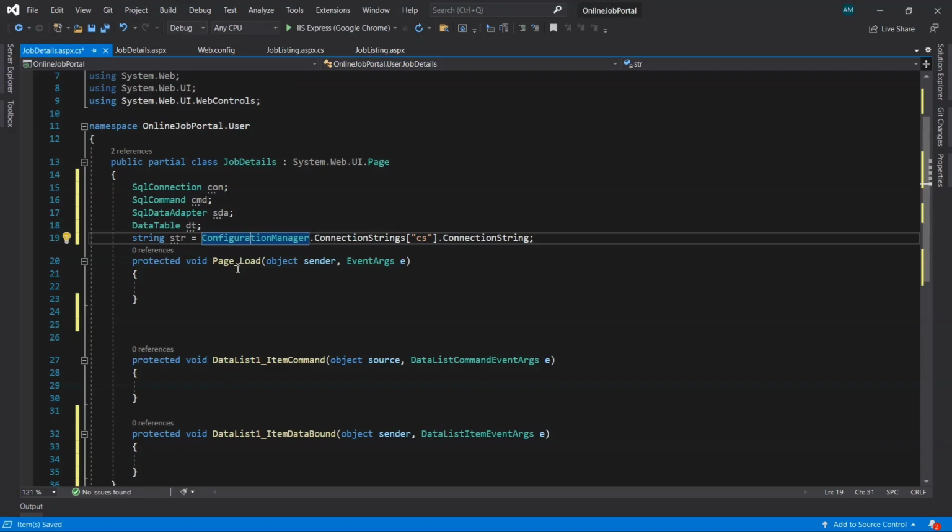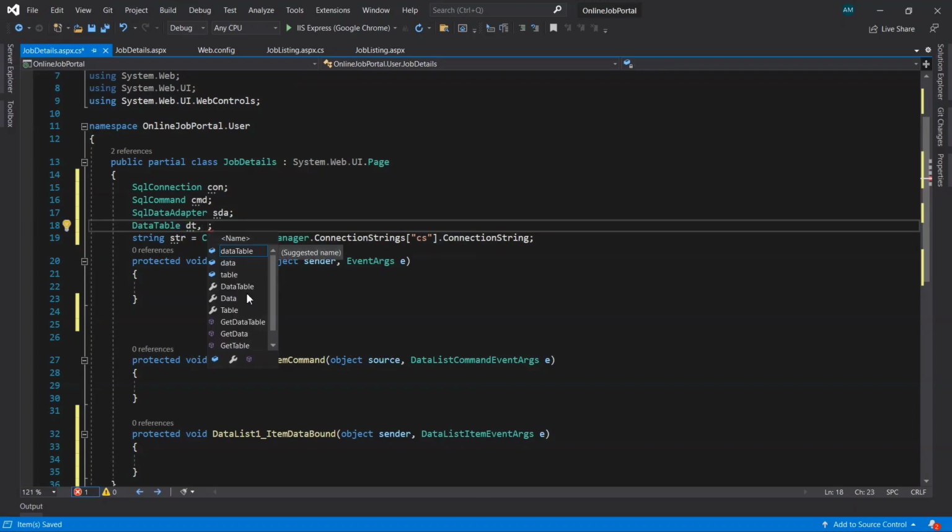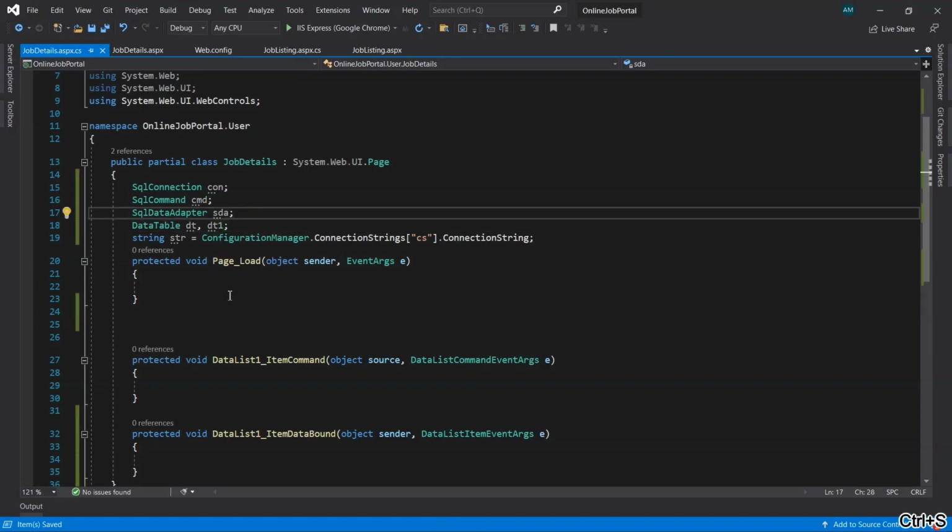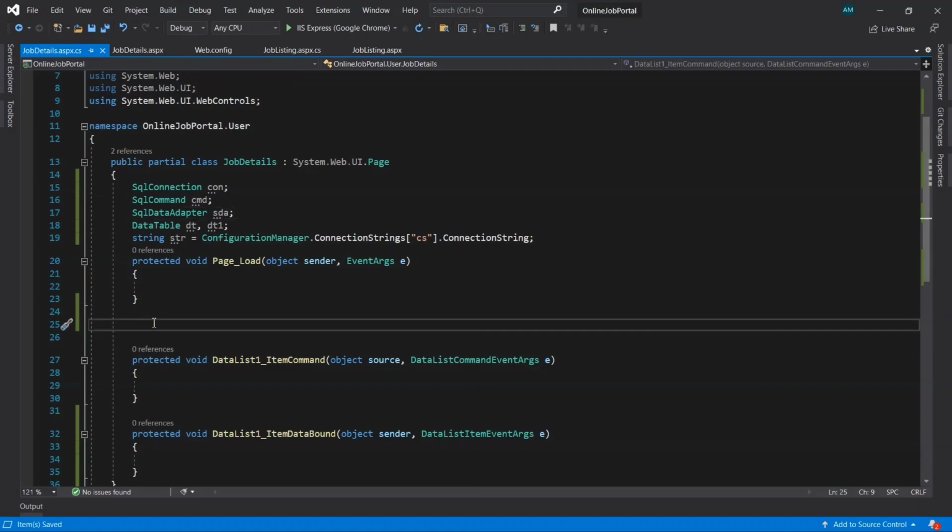Here we'll take two data tables. Save it. Now here we'll take one function for displaying the data in the data list control.